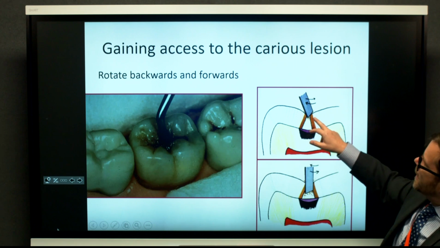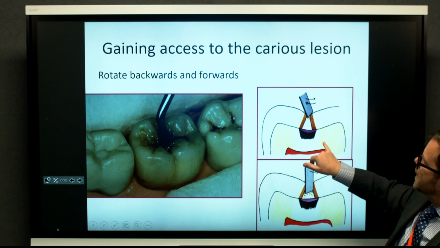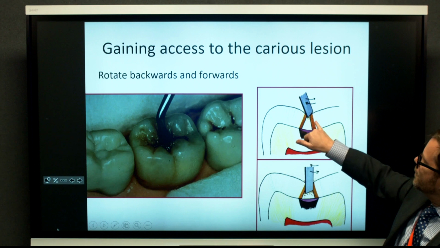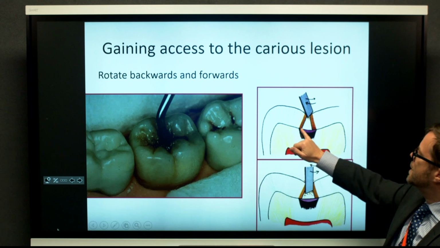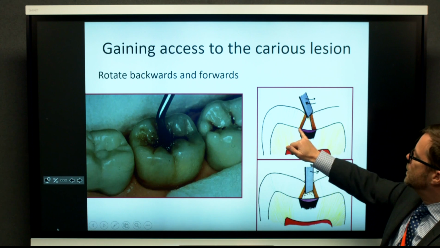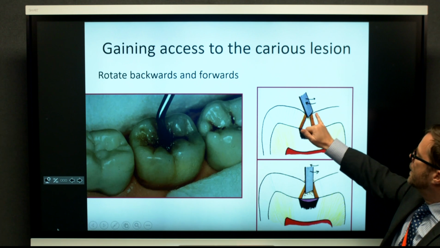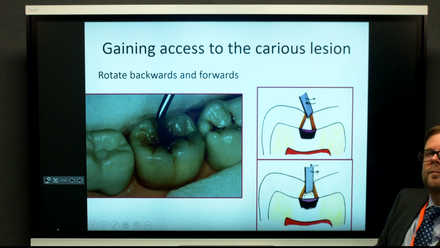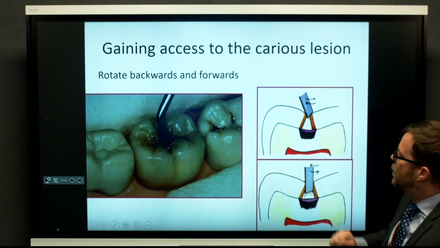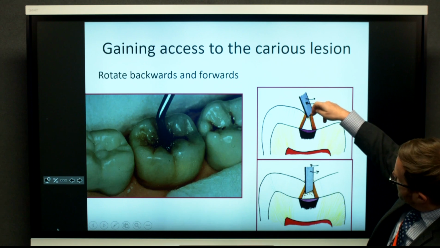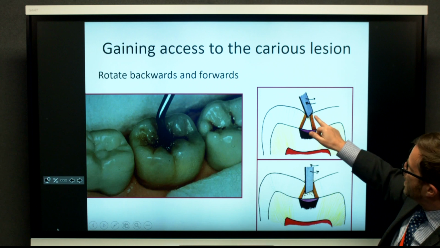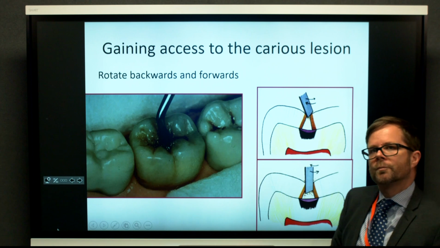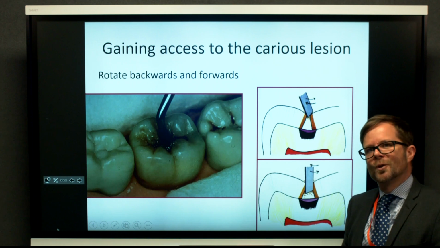And so you use the hatchet against the unsupported enamel. When I say unsupported enamel, I'm referring to this brown area here in the diagram. The dentinal caries here is actually undermining the overlying enamel. So by placing the hatchet into this space and moving it backwards and forwards, we're going to break off the unsupported enamel. And that's okay because the unsupported enamel